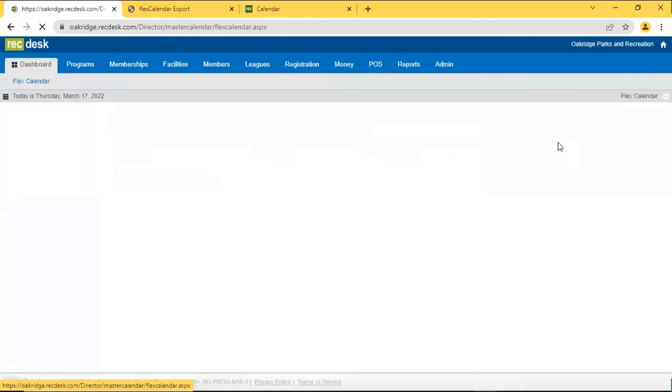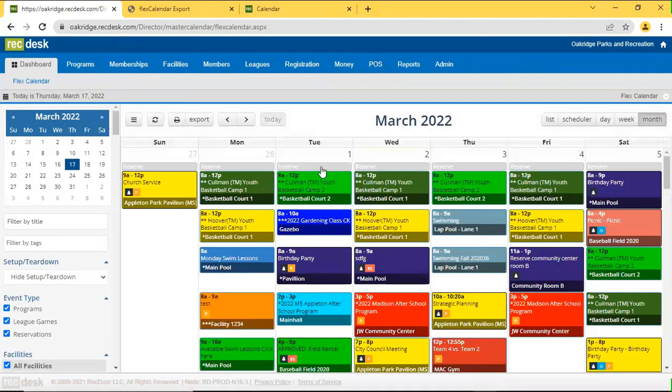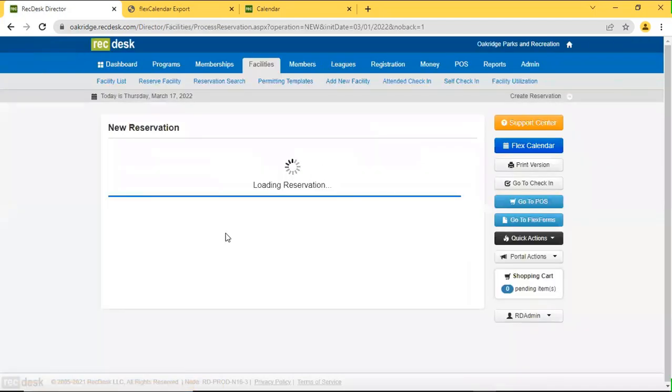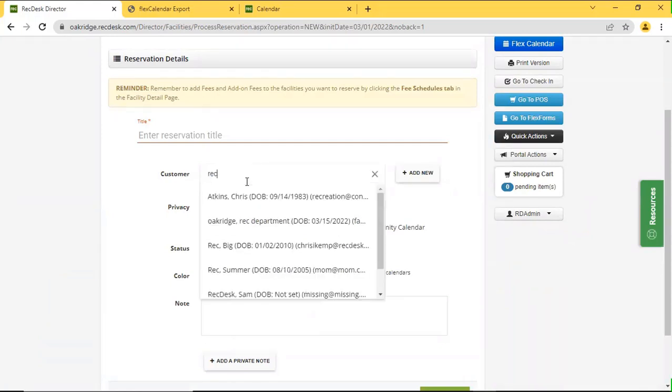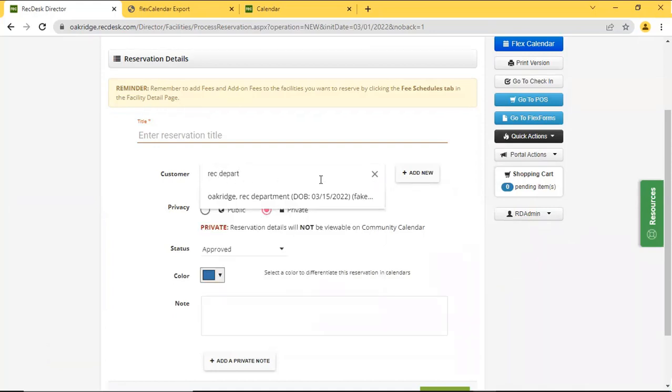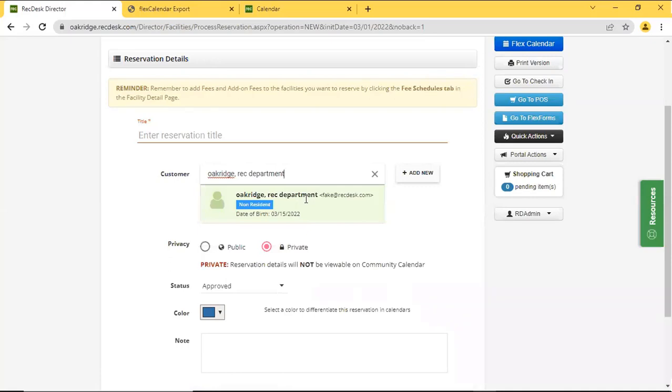And I apologize, I'm going to click a little quick right now because I just want to get the reserve up. When you switch the household name to an organization, what happens is you can start searching by typing out Rec Department. See, it's pulling in that business name, so I can see the Rec Department Oak Ridge as my only customer. I know some groups have been doing this because they love how easy it is to track the history